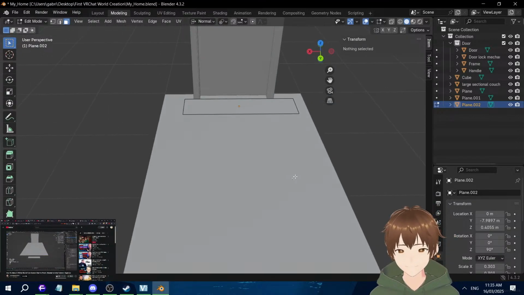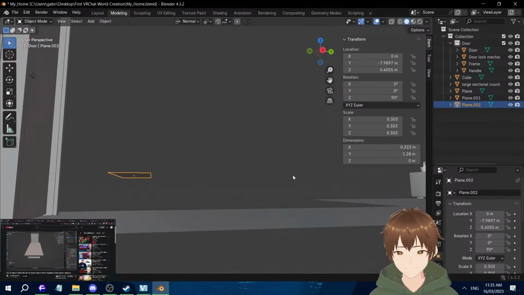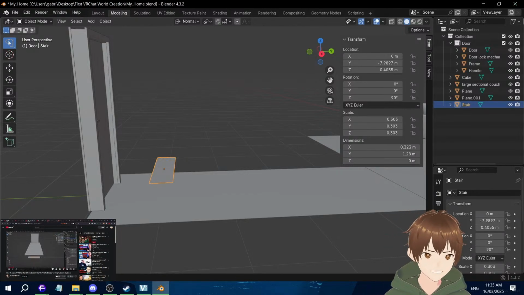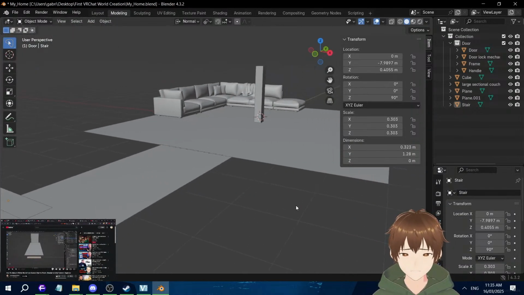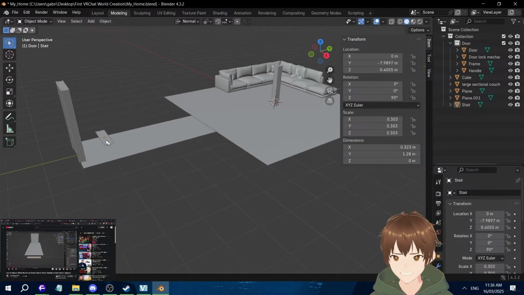Too long, so let's select that, go into edit mode, press A to select all of it, S to scale, lock it to the y-axis, let's bring it down that way, press tab, go back to object mode, select this object, press tab, press A to select all, and we're going to press S to scale, Y to... I don't want it there. What I want is it actually down here, so we're going to have a room, so stair